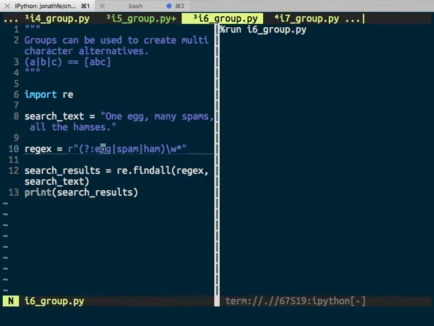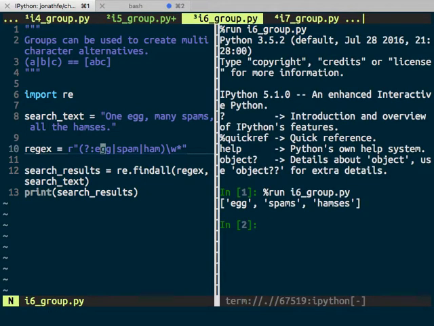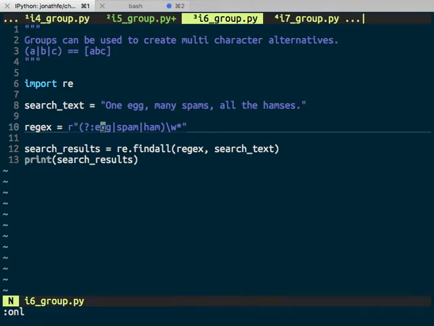Right? We can run this. We will match any word characters, 0 or more, that starts with either egg, spam, or ham. And that we do match. We match the egg. It doesn't have a postfix, but it doesn't matter because we can match 0. It matches the spams with the S at the end because we are allowed to match more characters after the spam. And we're matching the hamses, which is still not a word, which is a common theme amongst my slides. I don't like English, apparently. Anyway,